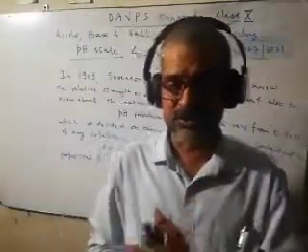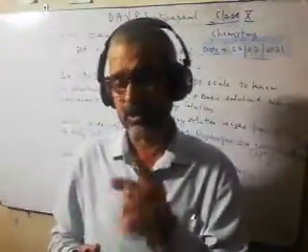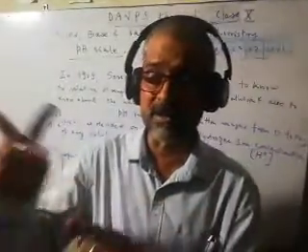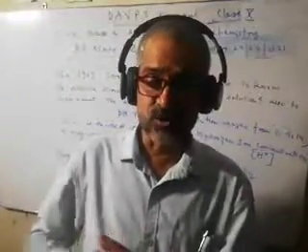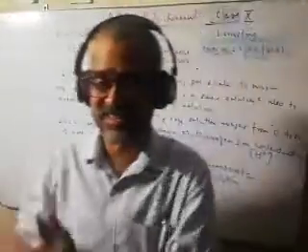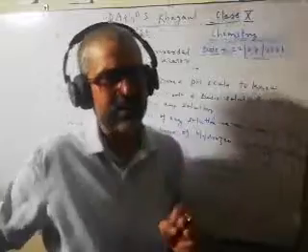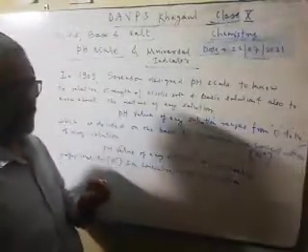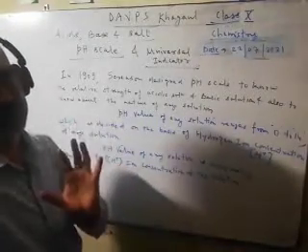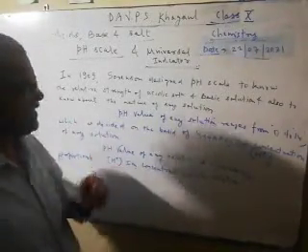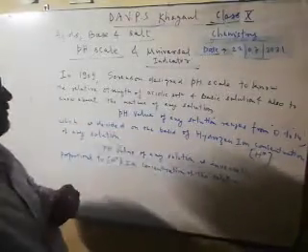But just opposite, in case of basic solution, the aqueous solution of a base will provide OH minus ion. So there H plus ion will be less. In basic solution H plus ion concentration is less, in acidic solution H plus ion concentration is more. So these are the basis to know the strength of any solution. And the pH scale uses the hydrogen ion concentration concept.